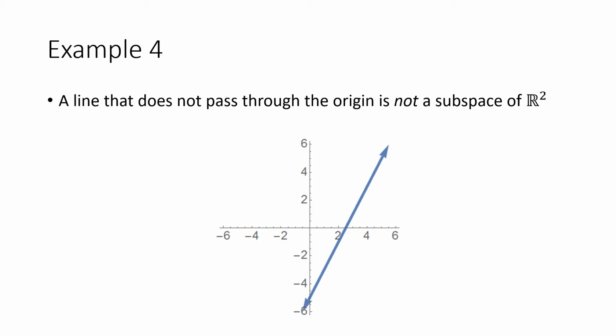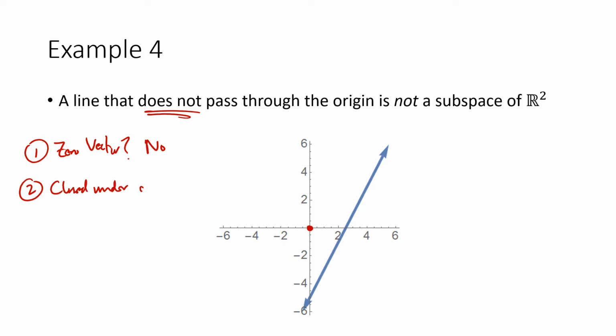And remember, to show that something is not a subspace, we just have to look at one of those 3 properties. But it turns out that this line doesn't satisfy any of those 3 properties. So the first property is that the line has to contain the 0 vector. But of course it doesn't, because the line doesn't go through the origin. And so the first property, does this contain the 0 vector, would be no. And we could stop there, but just as an illustration, I want to show you that actually the other two properties don't work either. So if we said closed under addition,